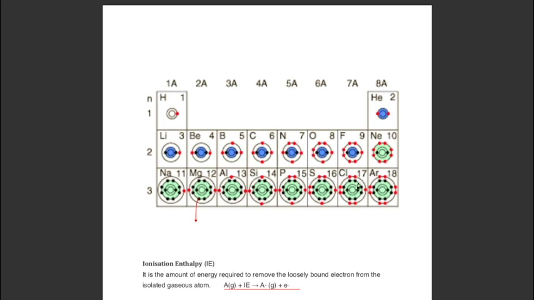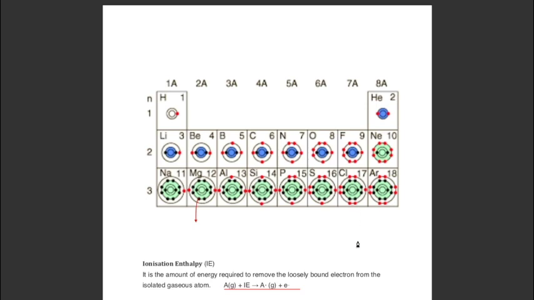Okay. So in this way we can say that the electron gain enthalpy of chlorine is more than the electron gain enthalpy of fluorine, and the electron gain enthalpy of sulfur is more than oxygen. But as we move down the group, in the oxygen group also and in the fluorine group also, the size of atoms becomes larger and larger, and in this case the force of attraction that the incoming electron experiences becomes lesser and lesser, and hence electron gain enthalpy decreases down the group.